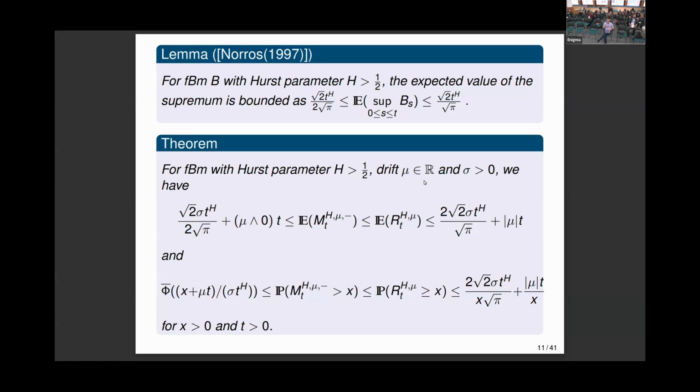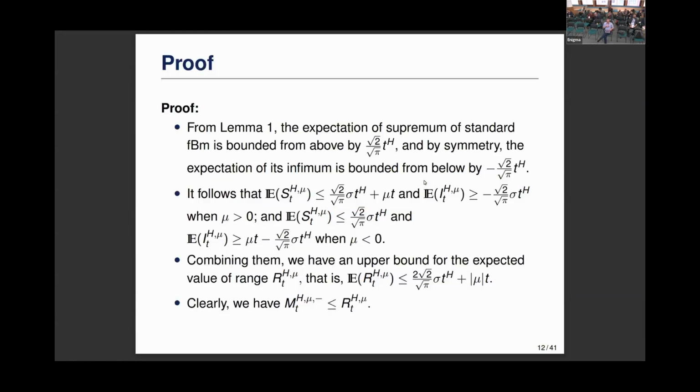And this maximum loss, by only using the relation between maximum loss and the range and the infimum of the process, those also give us bounds on the tail law. And so by using Noros' result, the supremum is bounded above, for a drift case, by such an expression, and